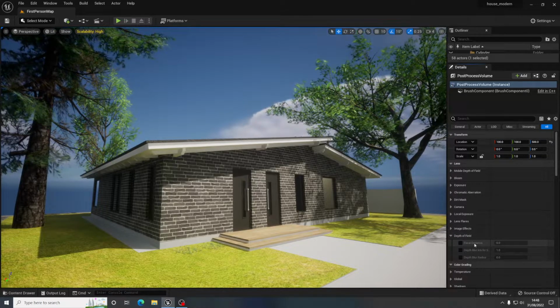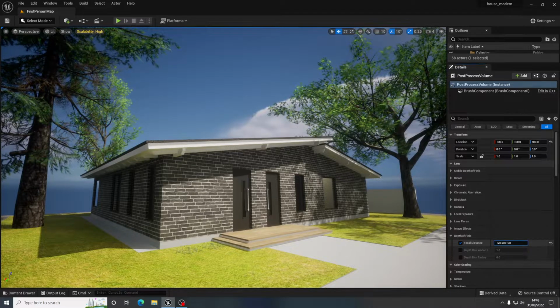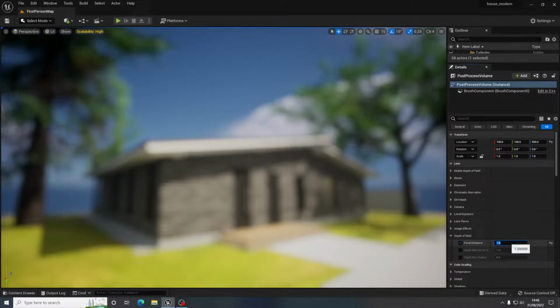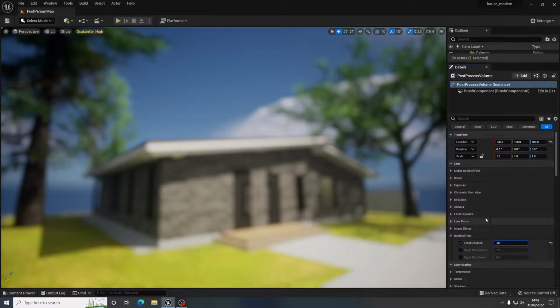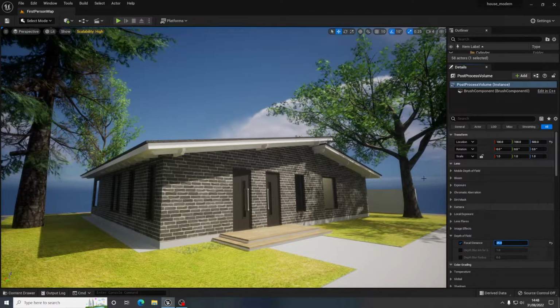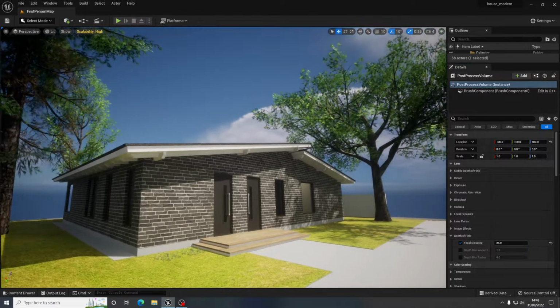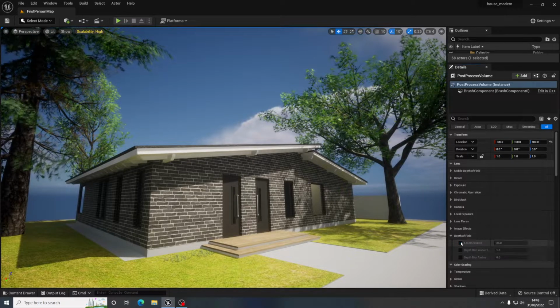Depth of field is a good one. So if I turn on the focal distance, this one works in really small numbers. So if you go 1, obviously it's really blurry, but 10 gets a bit clearer, 20, 25. This is going to be real difficult to show you in this scene because there's not much in the distance, but you can kind of see there,